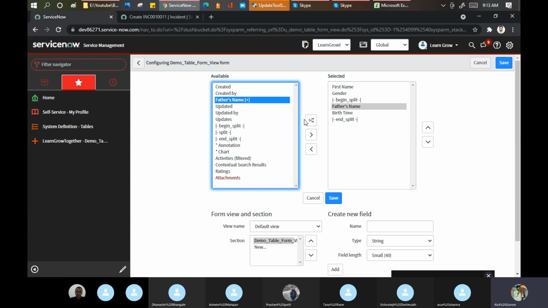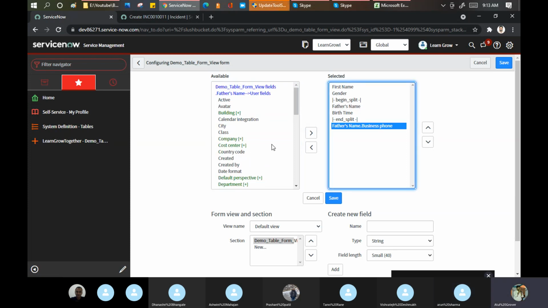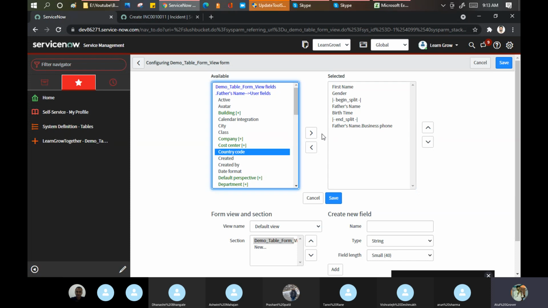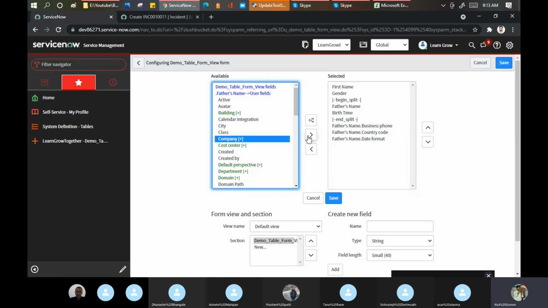Click on this icon. I want to show father business phone. Take it. I want to show father country code. Take it. I want to show father date format. Take it. I want to show father company name. Take it. And click on save.